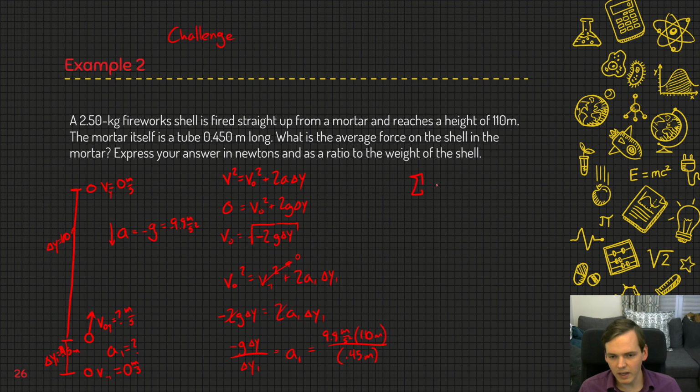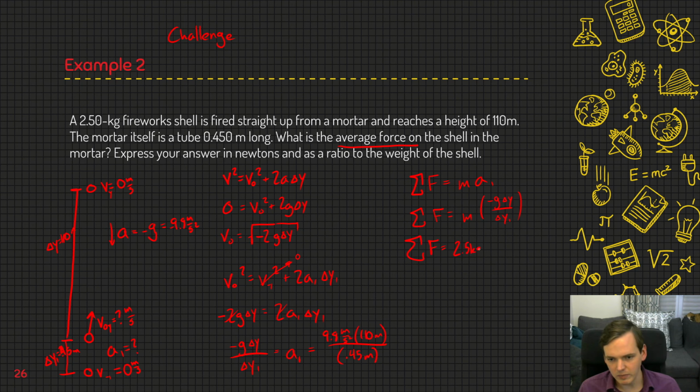And then we just need to find the net force equals the mass times the acceleration. And they're asking for average force. So that's just what force would be required to give us an a1. So net force is equal to the mass, which is, well, this would be a1. So m times negative g delta y over delta y1. Net force is equal to